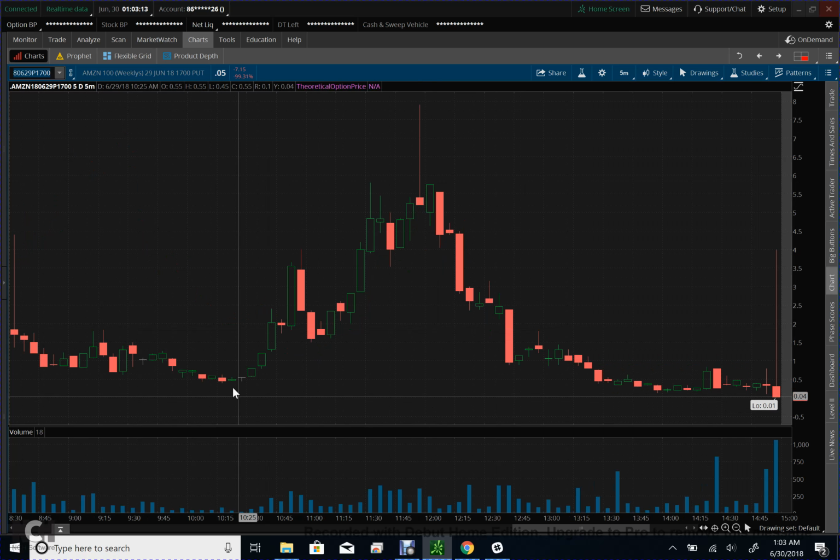So had you bought at 10:25, you could have been buying for 50 cents. Then that would have rallied quickly here, pulled back, and rallied into 11:30 here. So it could have gone from 50 cents up to 3.50, maybe 4.50, maybe 5.50, or maybe 5. No, 5.50 is in the range. Probably more like 5. So from 50 cents to 5,